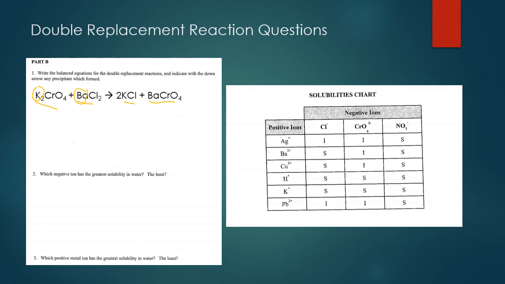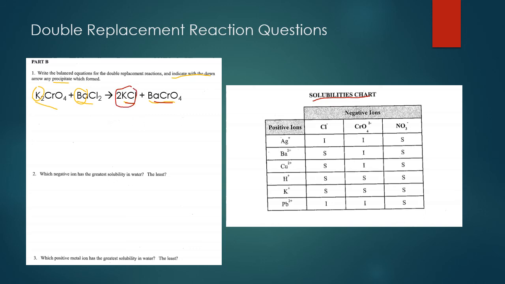So the question wants you to indicate with a down arrow which of the products formed a solid. That's what precipitate means. It means a solid formed. So is it the potassium chloride that formed the solid? Or is it the barium chromate that formed the solid? So to figure that out, you're going to use your solubilities chart. So let's start with